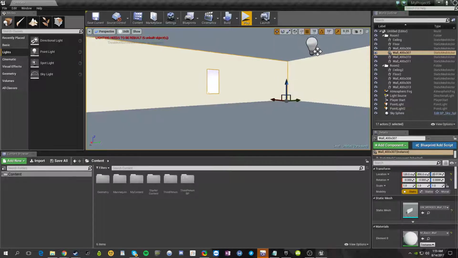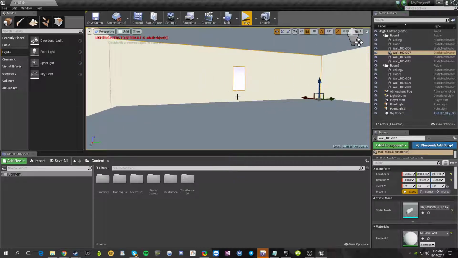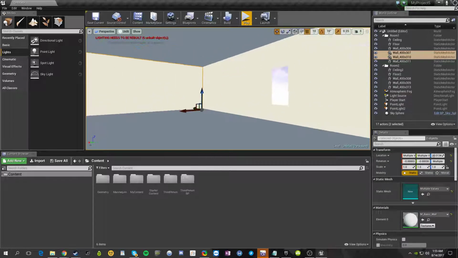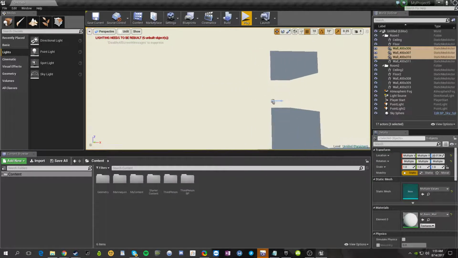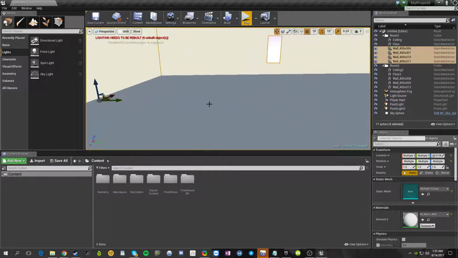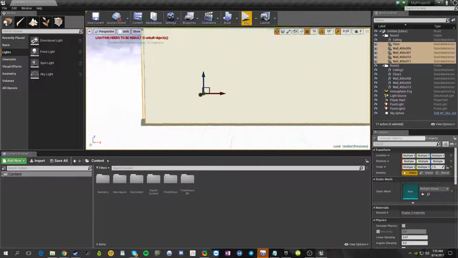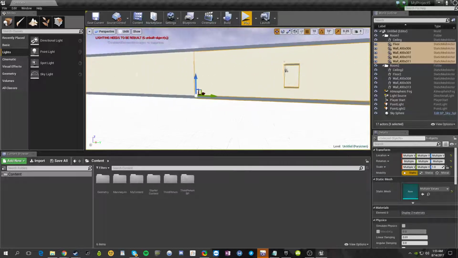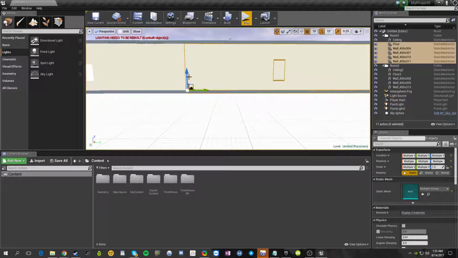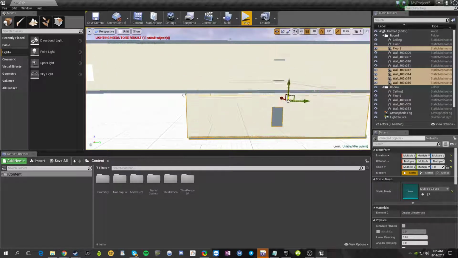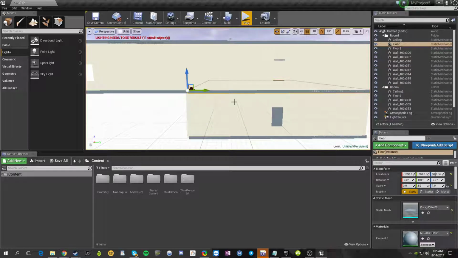So what we're gonna do is hold shift on this as well. And what we're gonna do is basically have a second floor this time, which is what I did in the other one as well. And now we're gonna delete this,